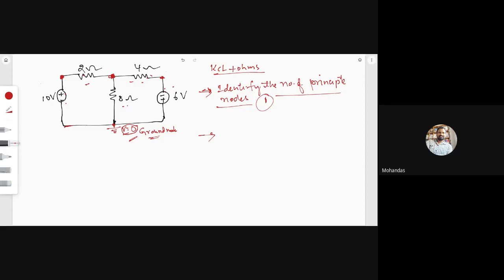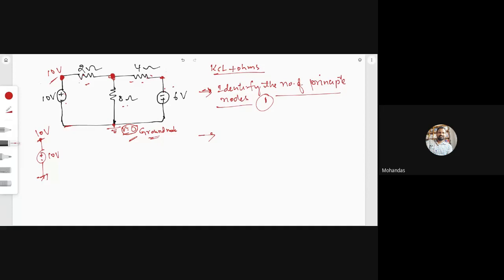Can you tell me how much voltage is at this node? Since there is only one branch, with respect to ground there is 10 volts here, so at this node also there will be 10 volts. But can you see how much voltage is there at this particular node? We don't know. This is this node voltage, so we don't know this node voltage because there is some drop,